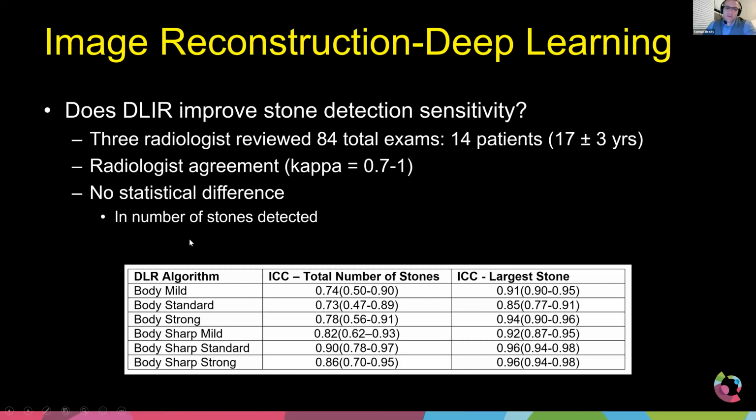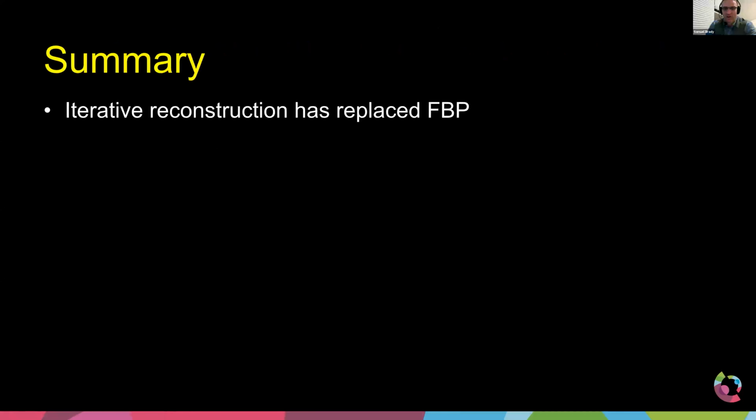So in this case, we found there was really no statistical difference between the old way we did it with the iterative reconstruction and the deep learning. So not quite necessarily the slam dunk or, for us, kind of the home run. We didn't really see a great improvement in detection sensitivity. Mind you, this was looking at a high contrast object, such as a stone. There are other projects, of course, since it's such a new technology, we're looking at all types of things, tumors and metastatic disease, infection, all this subtle stuff that we see in the body that may be improved by the use of these new deep learning